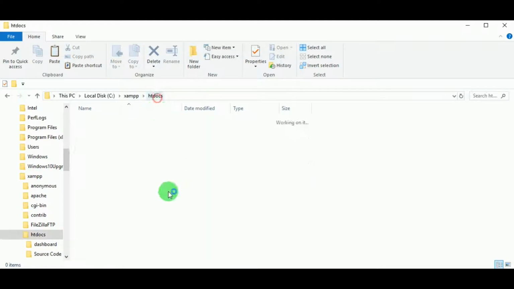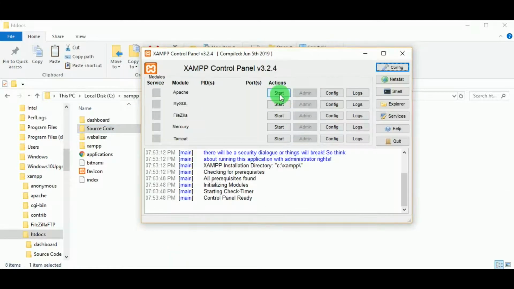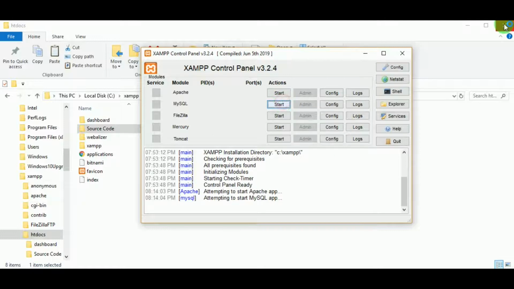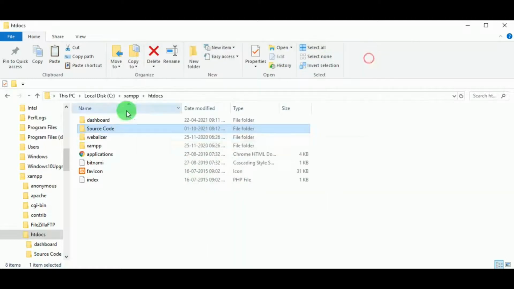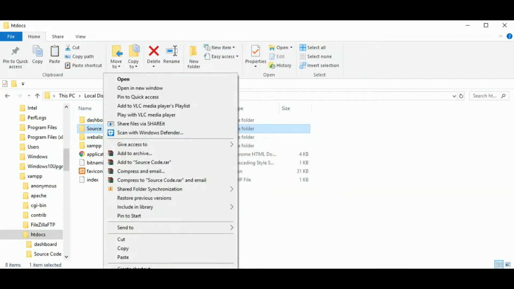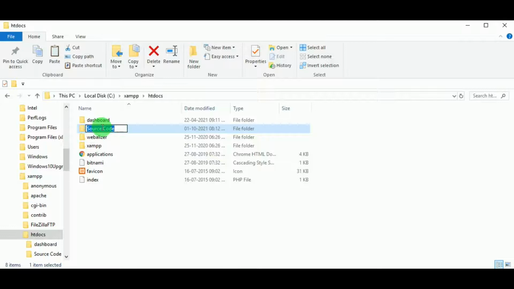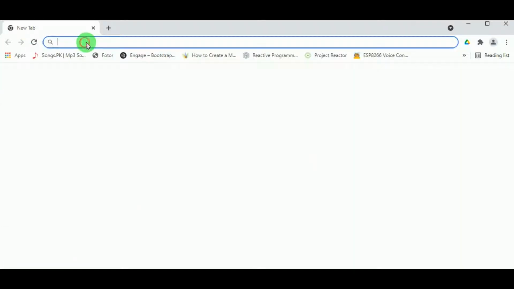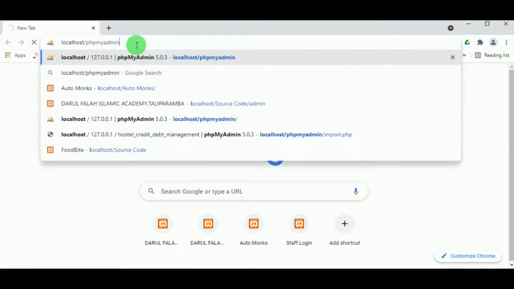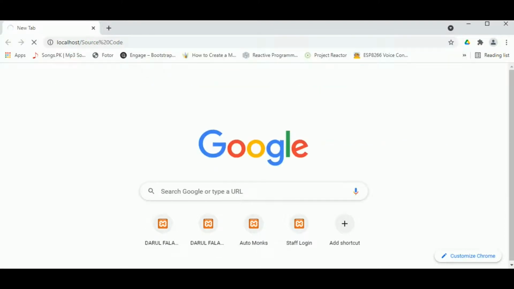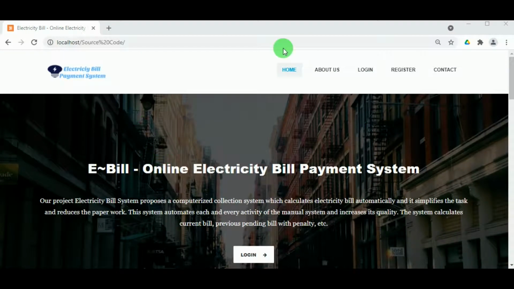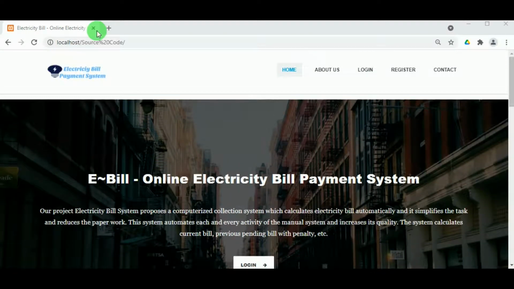So we can see all the contents of the PHP file here, and now let us open the XAMPP control panel. So here we must start the Apache and MySQL servers. Once it is running, then we can execute our project. Now copy the name of the folder source code and let us open the browser. So in the browser we must type localhost / and paste the name of the folder what we have copied. Only by doing this and only by starting the XAMPP control panel we can execute the project.